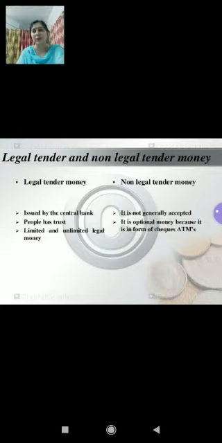Like suppose somebody is giving you payment through a check, you can deny taking the payment. Why? Because suppose you do not trust that man, you can refuse the payment. But if someone is giving you cash and those notes are original, then definitely you can't deny, and even if you say no to those currencies, the person can file a case against you. So paper currency notes and coins are legal tender, and check, draft, ATM card, debit card, these all are non-legal tender money. Right children?